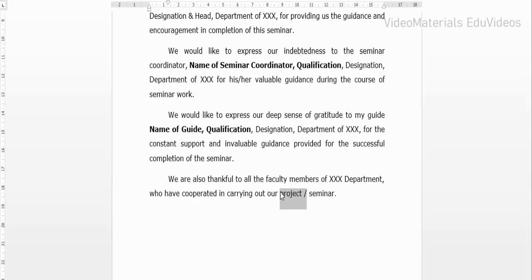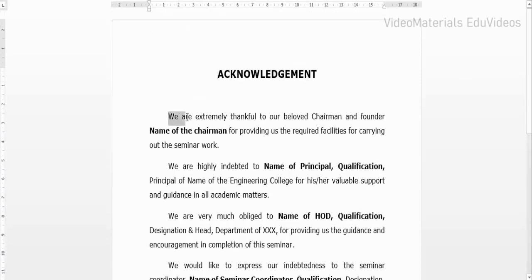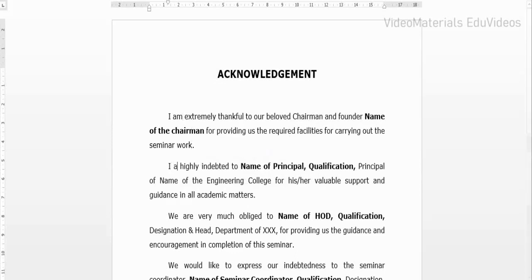And also we need to modify the paragraph, like instead of "we are", we have to use "I am", because a technical seminar can be given by only one person. And I'm going to change like this for every paragraph. I am. Similarly here also I am.